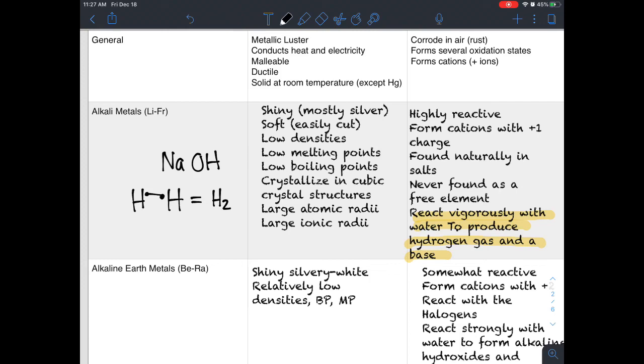So again, a couple of other things on here. They're never found as a free element, and I think that's really important. So in nature, you're not going to find these just free floating around because they're so reactive in the presence of water. And you're always going to find these with something else. In fact, the samples that we have that are considered pure sodium or pure potassium, pure lithium, those have all been manufactured and then they're stored under mineral oil